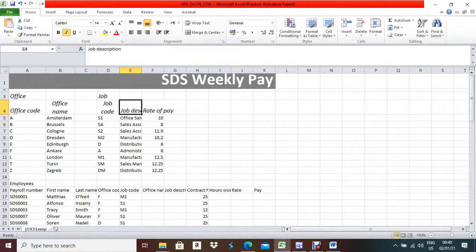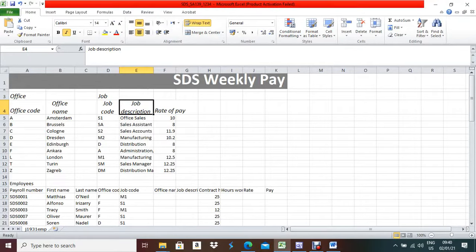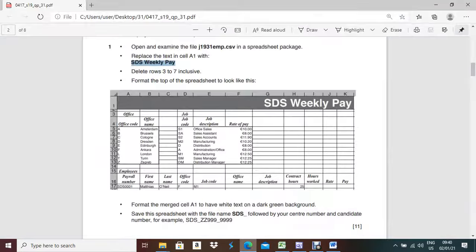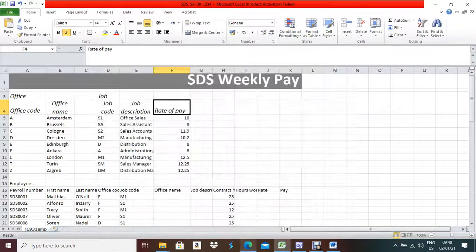Job description, wrap text, middle align, center align. Make it a little bit big. Description and rate of pay should be visible in one cell. Now check the question paper. Both of them are okay, like row number 3 and row number 4. Now next part, what you have to do,